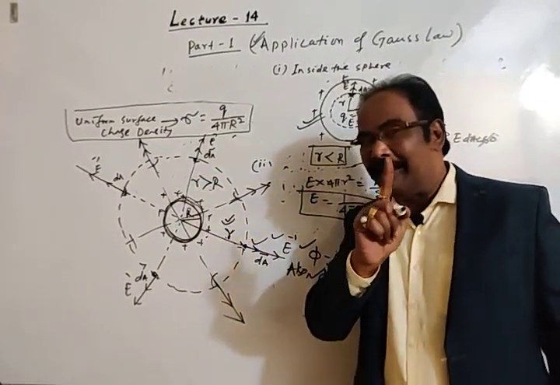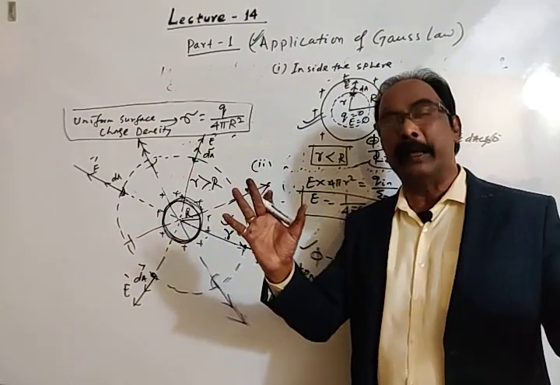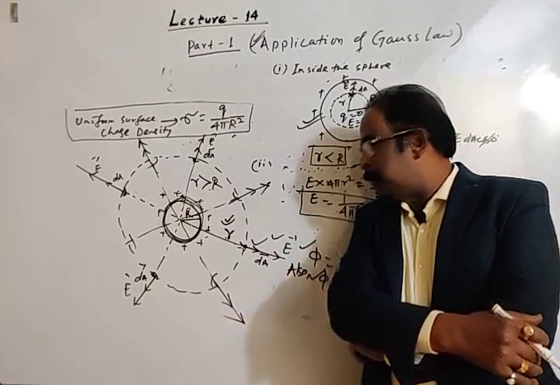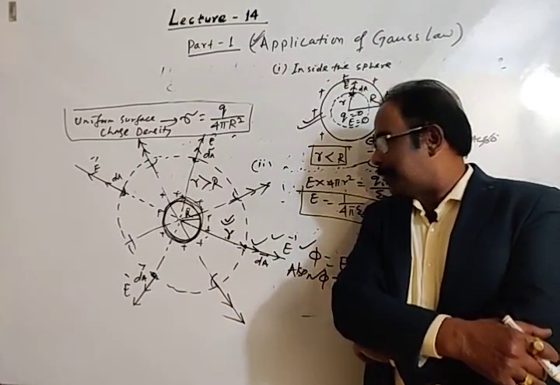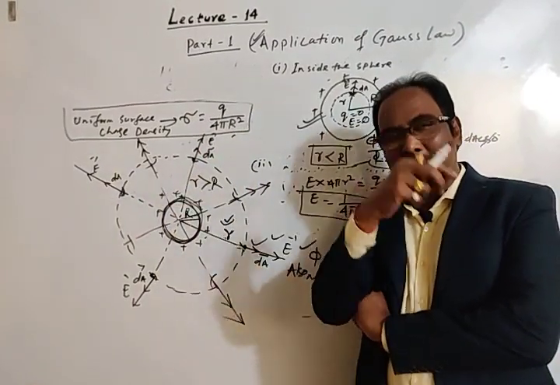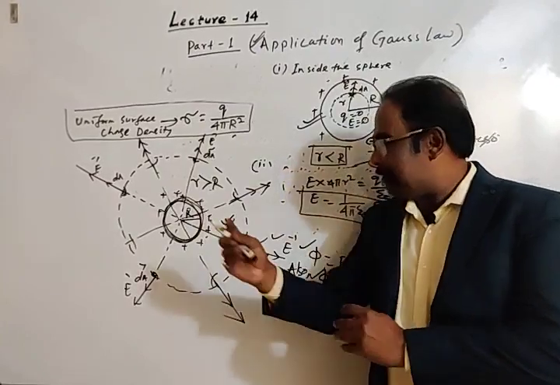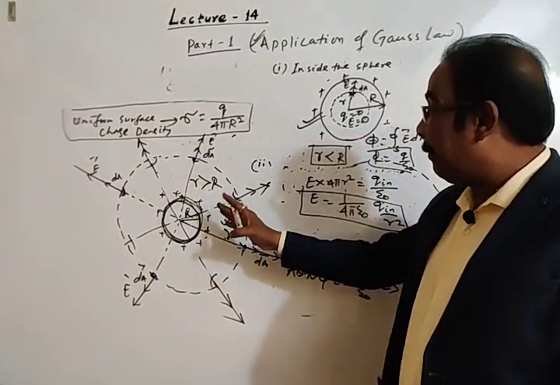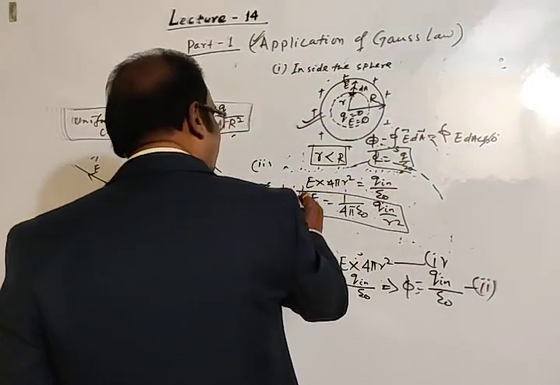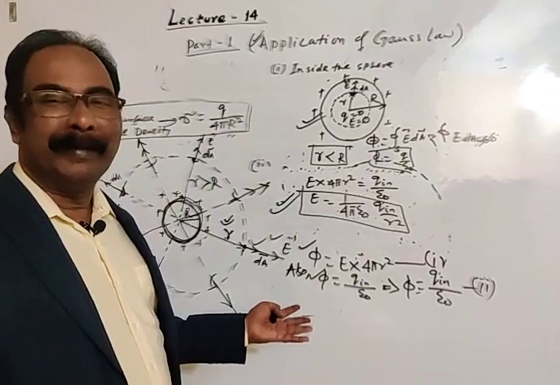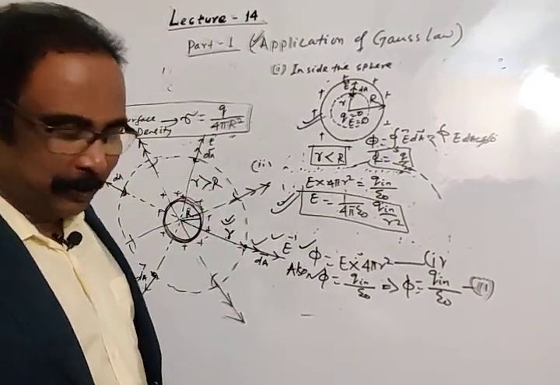But practically, in this case, the charge is distributed on the surface of the sphere. But if you look at it from outside, from a distance, the whole distributed charge on the surface will appear to be concentrated at the center of the sphere. This will appear as a point charge. So we got the electric field result the same as in the case of a point charge. Then we will go to the actual formula for this case.